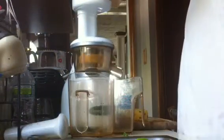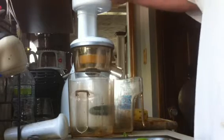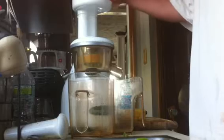So I'm going to start with some kale, let that get jammed into the machine. And I don't mean jammed, but let that get into the screen. Follow it with a piece of pineapple, blueberries,